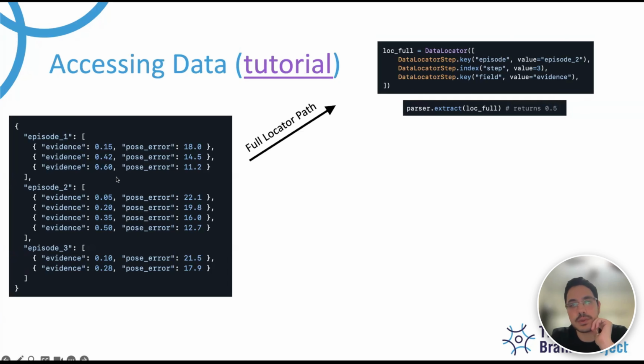If we have this as a simple example, we have a dictionary. We have one level here. We have the episode numbers, and then for every episode, we have a list of dictionaries. So the second level is a list, and then the third level is another dictionary. So if we want to access some data here,